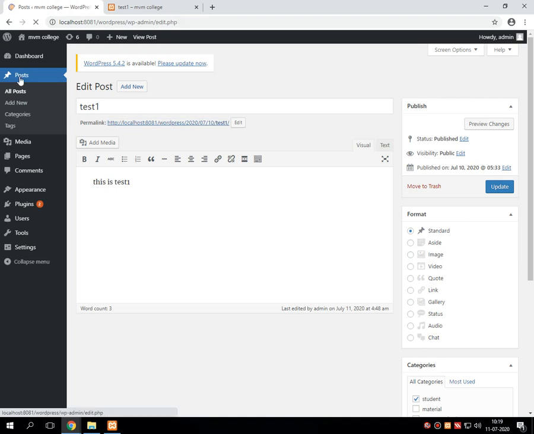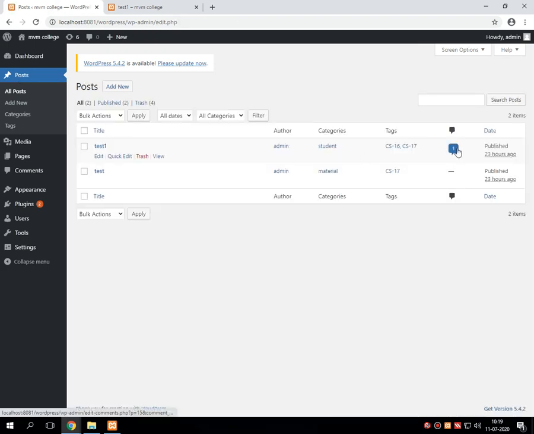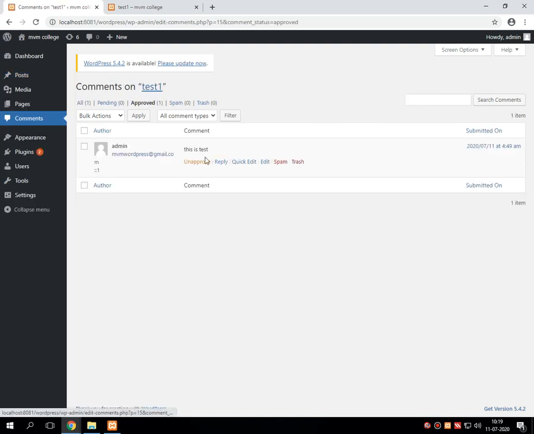Then go into the post. Automatically that comment will be displayed over here, which is posted by the client for a particular post.